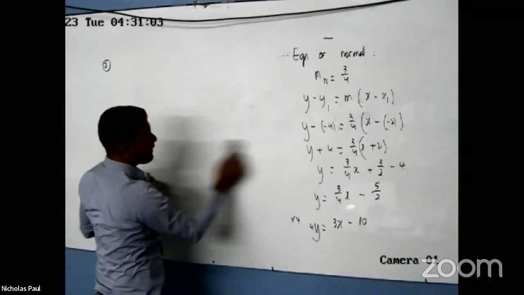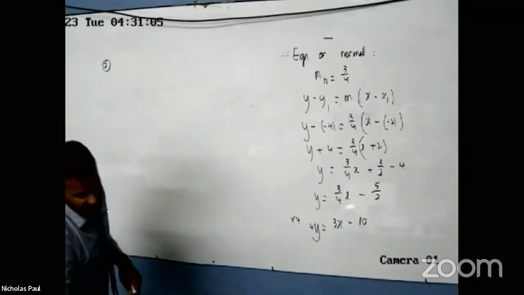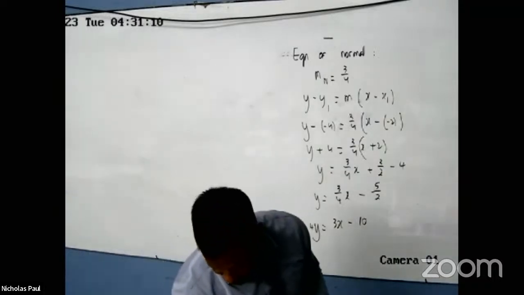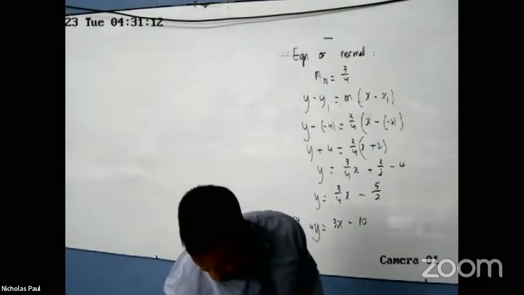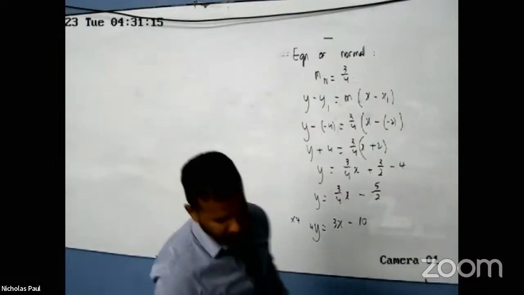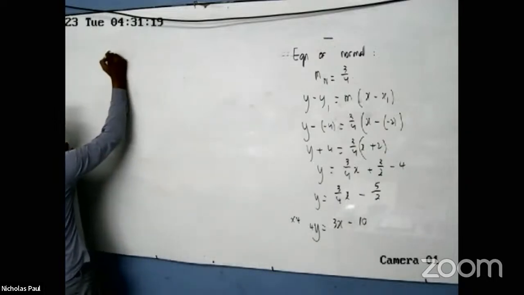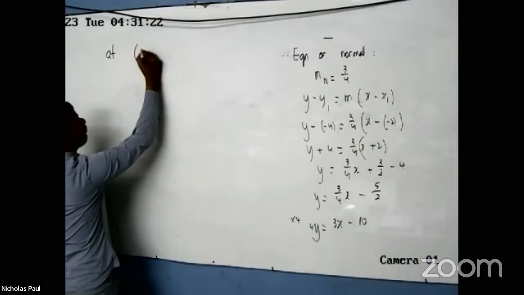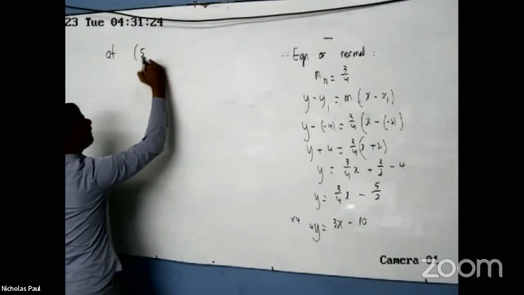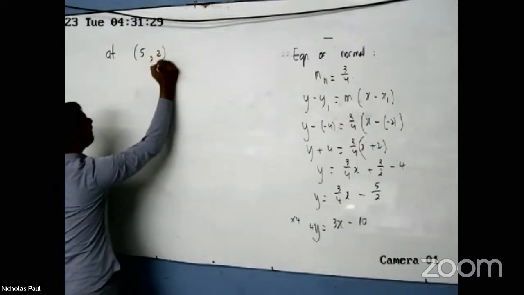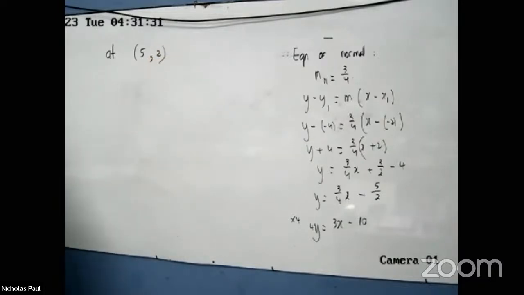Find the equation of the tangent at the point (5, 2), given that